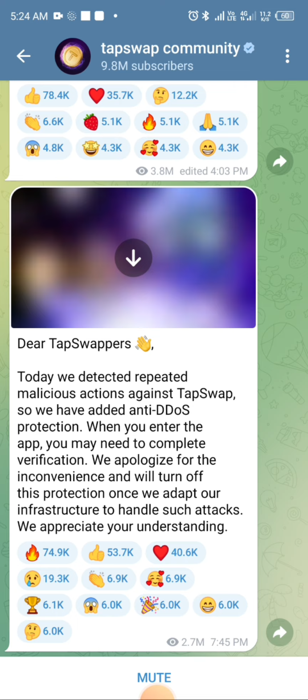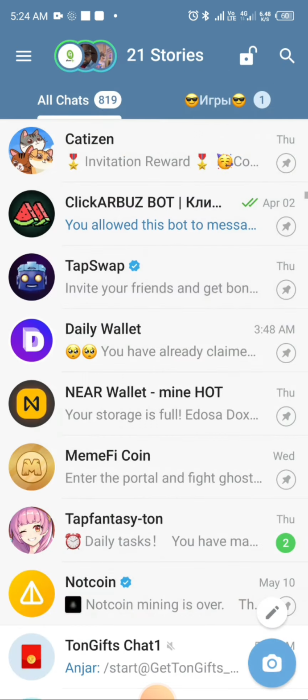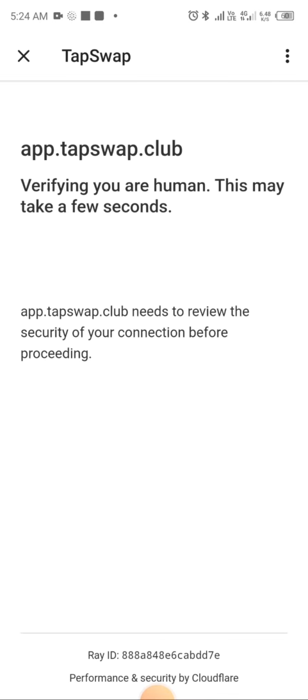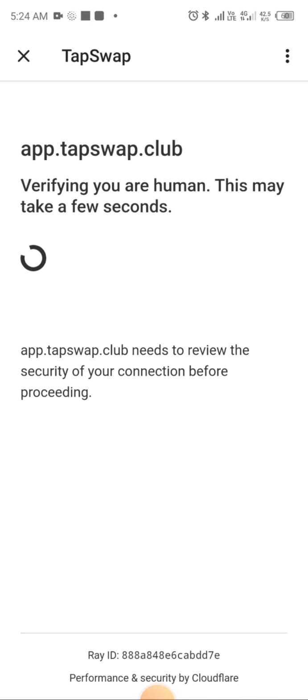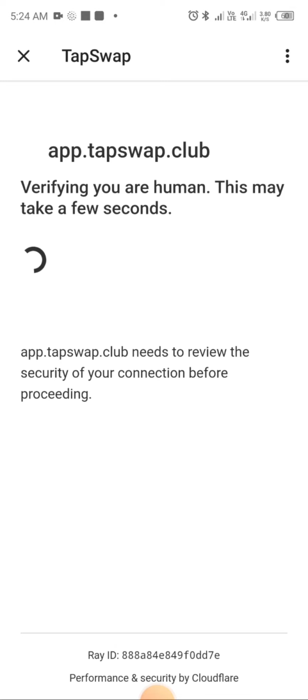anti-DDoS protection. So whenever you enter the app, you're going to be seeing that white stuff asking you to verify. And the more you try to verify, the more you experience a challenge. I know that many people are eager to just claim their TAPS token. Many people are eager to increase their TAPS earning, and not being able to do this can be very frustrating. So I have found a way that you can actually bypass